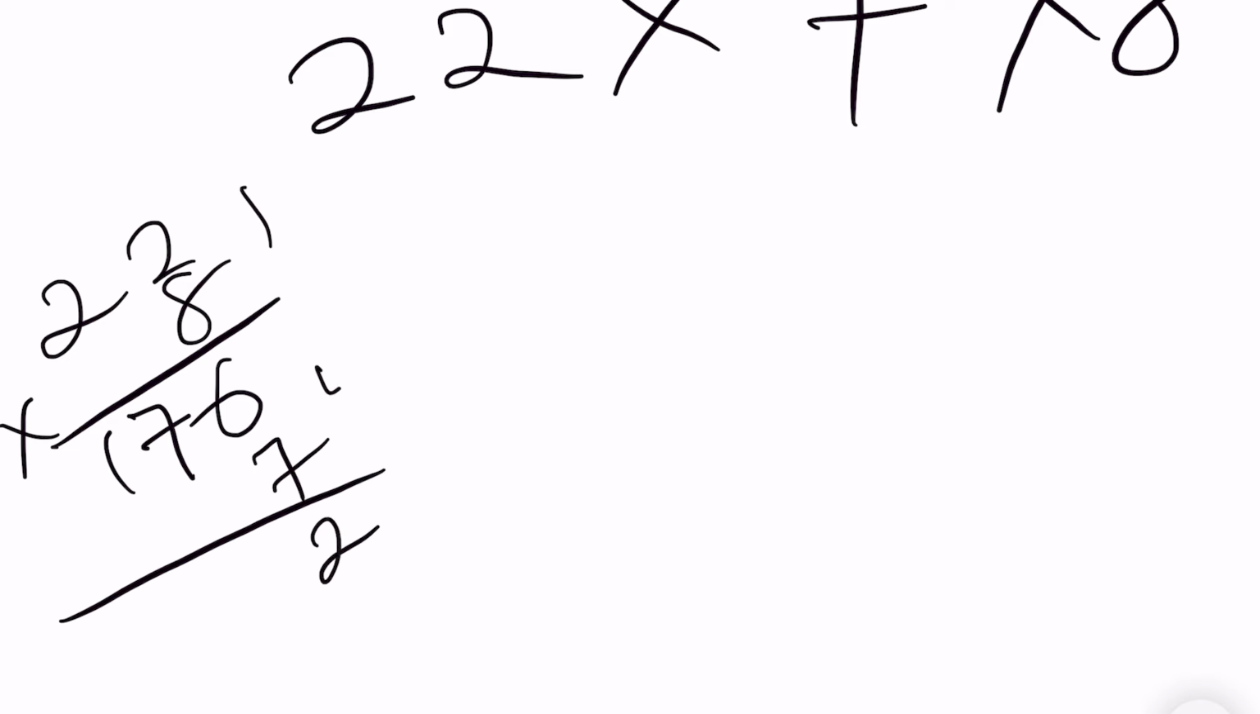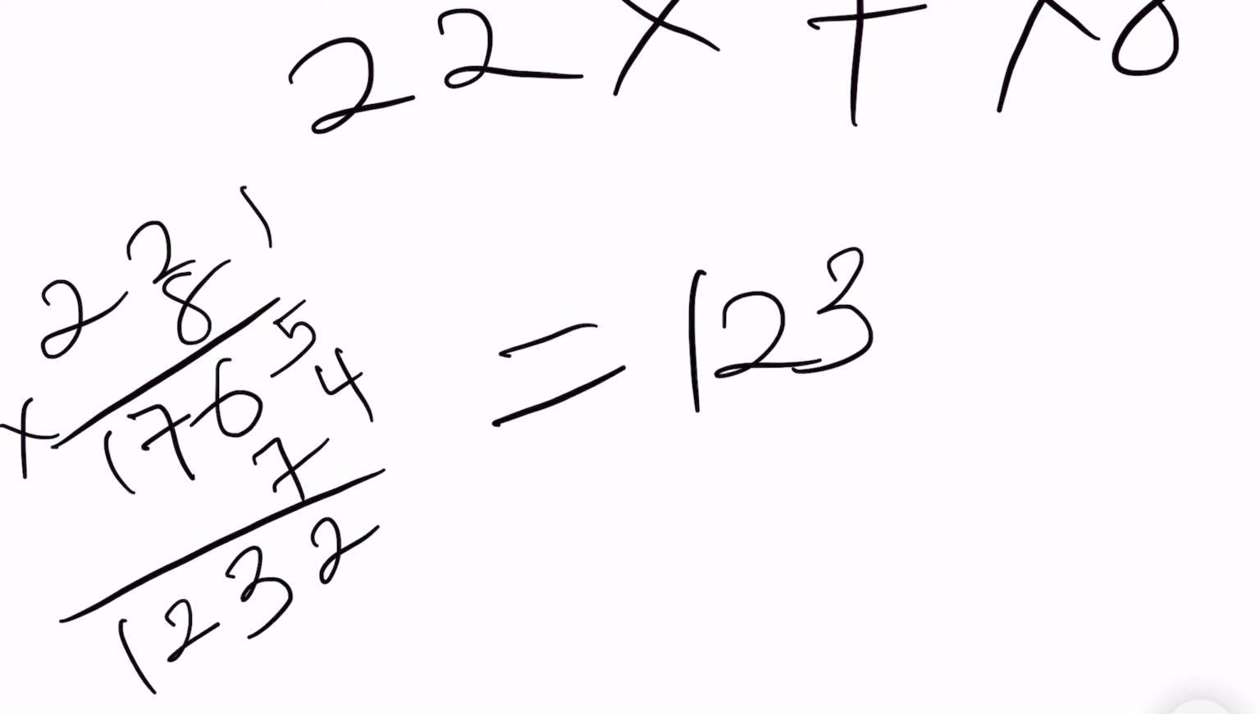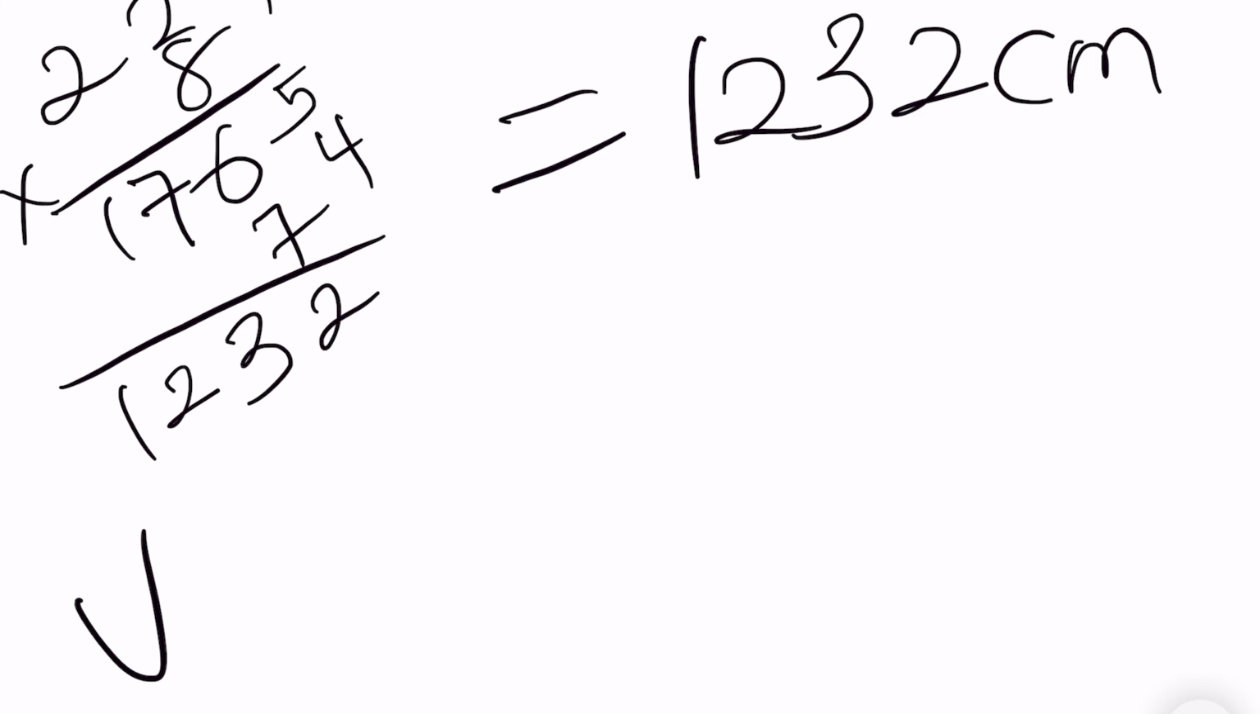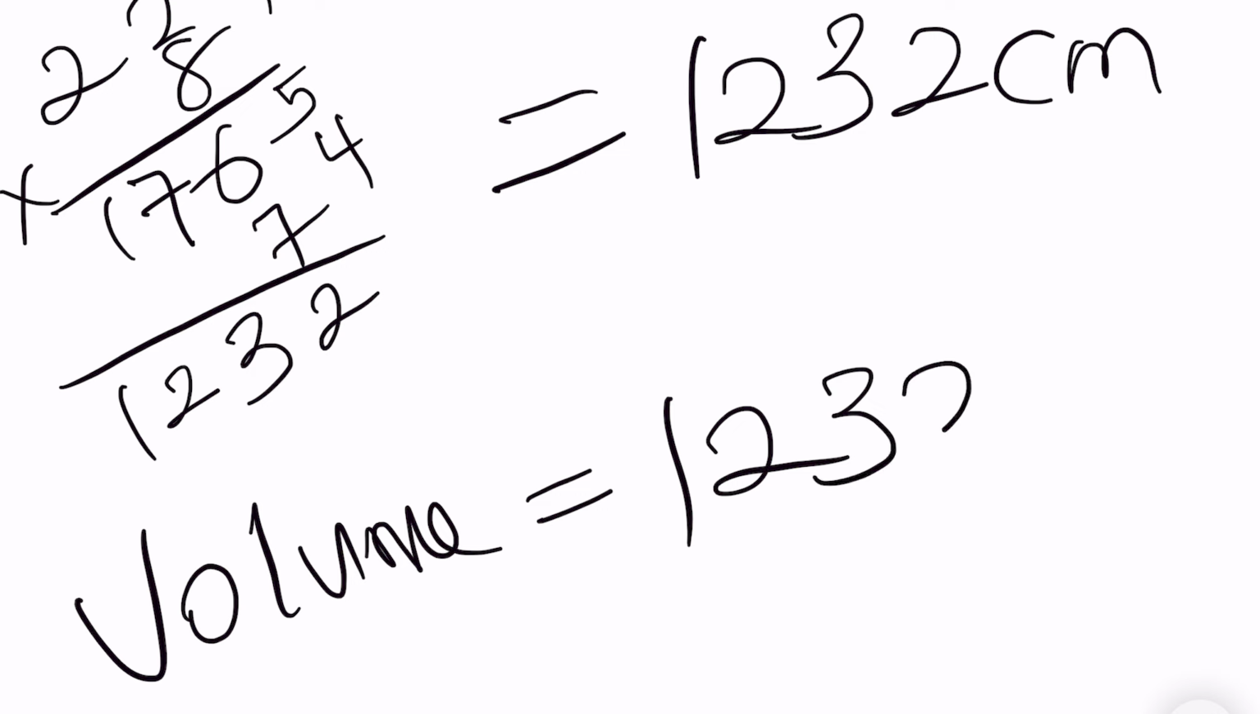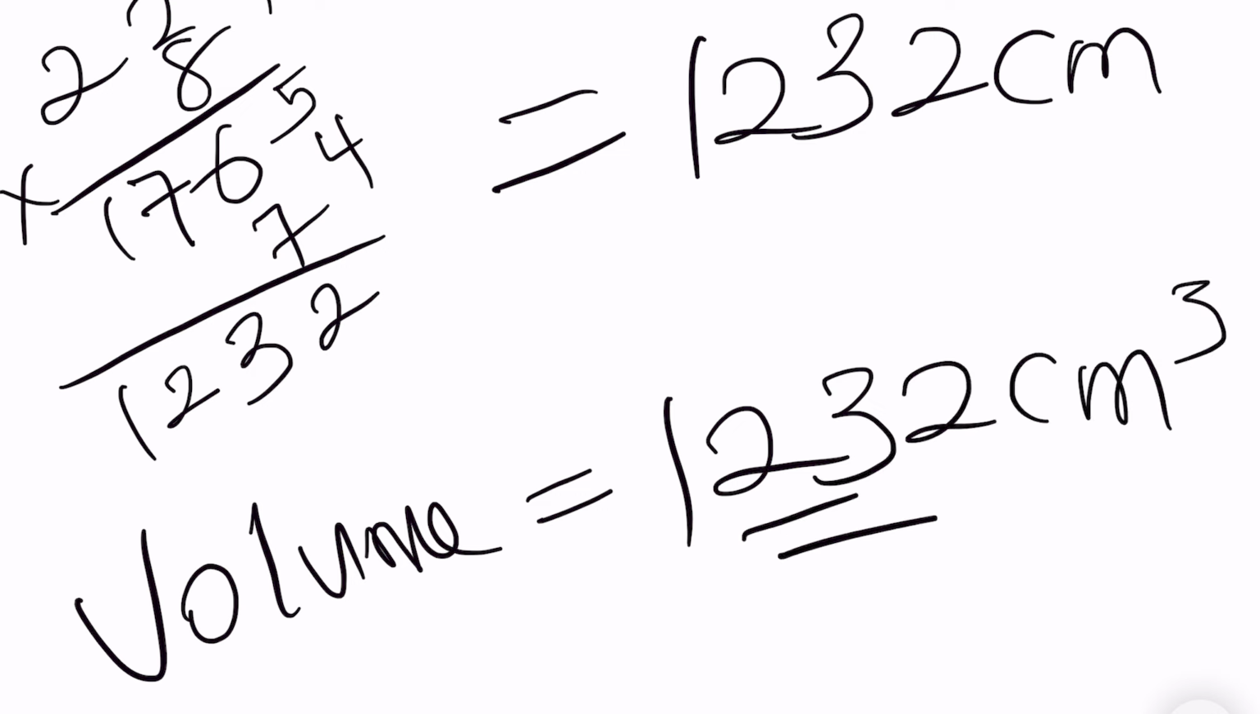That's 42, 4, 49. This is 53. We have 5. 7 times 1 is 7. We have this to be 12. So we have this to be 1232 centimeter cube. Usually our volume is in cube while our area is in square. So our volume is 1232 centimeter cube. So for this example, we've gotten our slant height, our curved surface area, our total surface